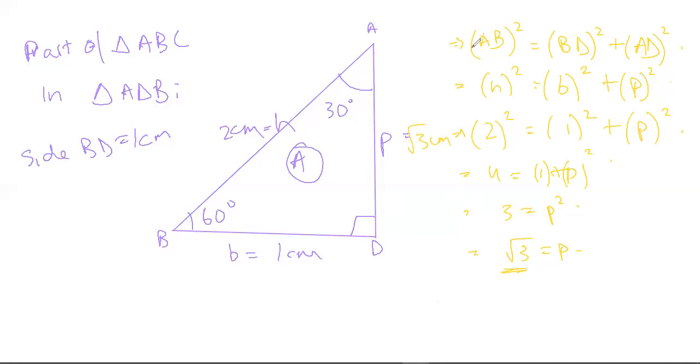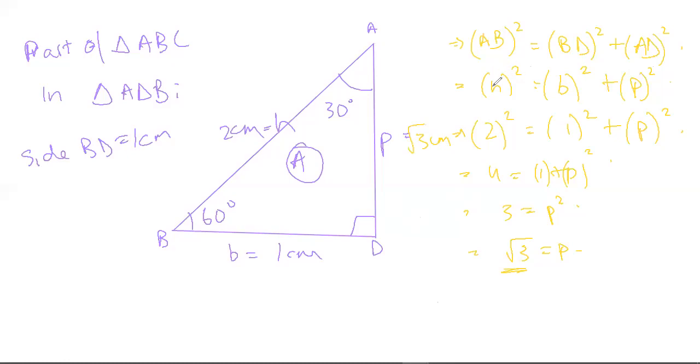According to the Pythagoras theorem, h whole square is equal to b whole square plus p whole square. That is enough. If you write that in your paper in the exam, that is fine. 20% or 30% of your problem is already done if you have written that formula. But the further step that you have to take is to arrange the Pythagoras theorem in the alphabetical order of the figure.